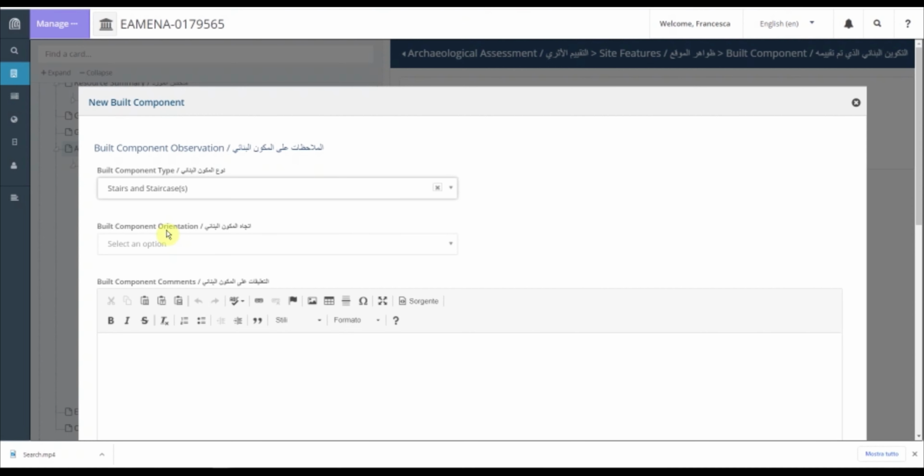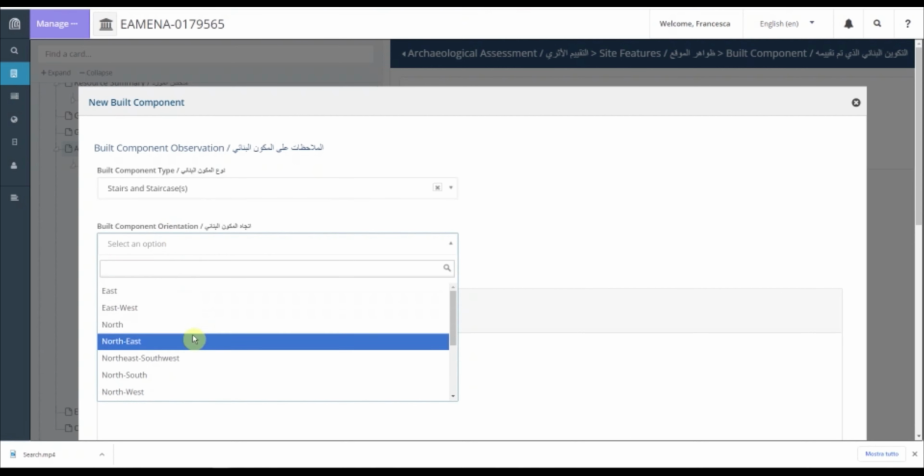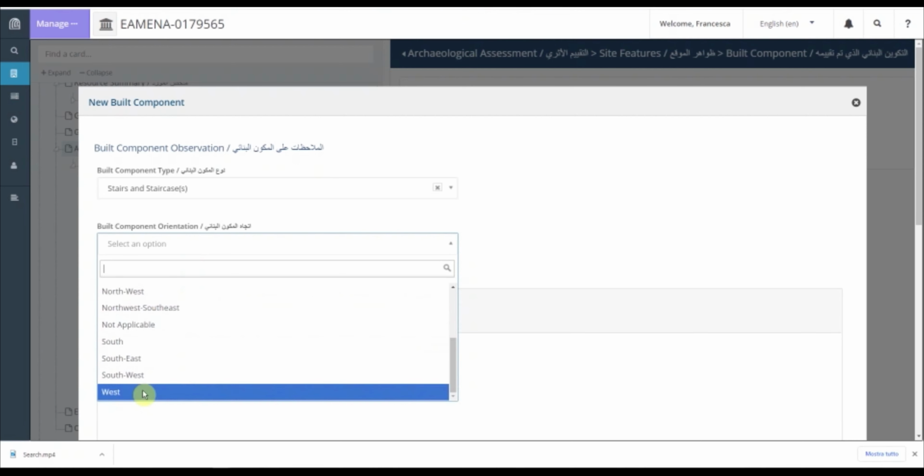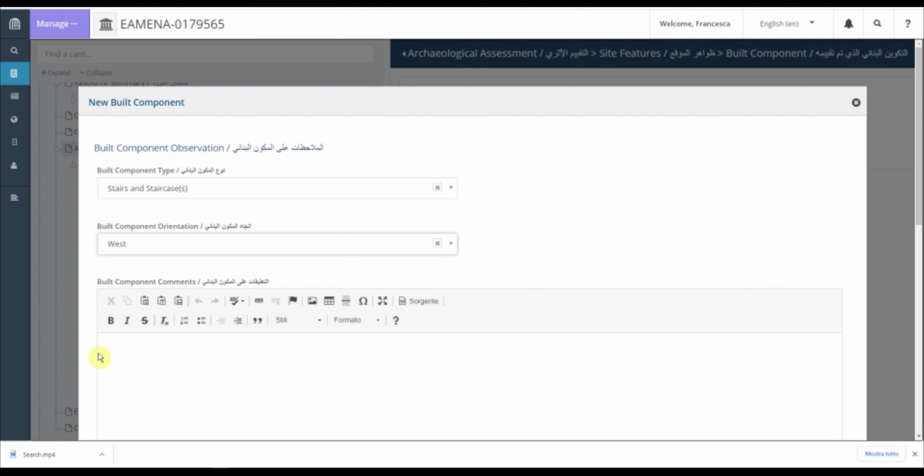In this case, these stairs external to the building are on the west part of the building, and so we are going to select west. Also here, you just have to click and select from the drop-down menu.